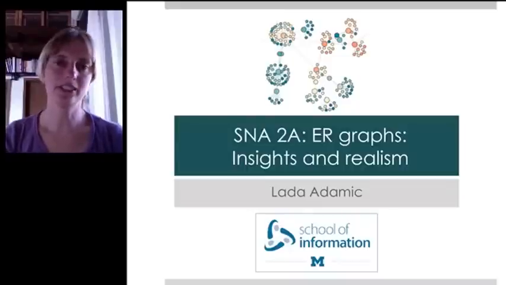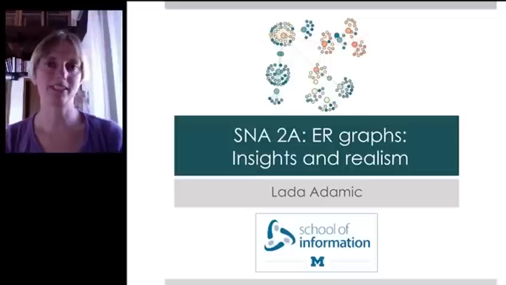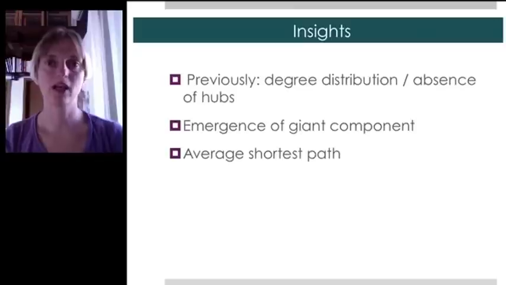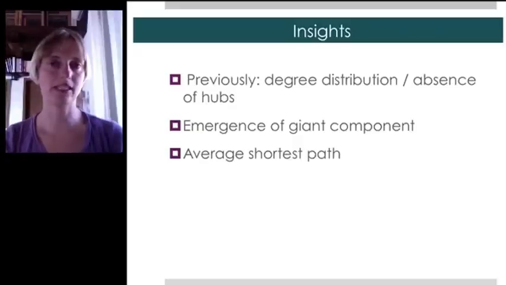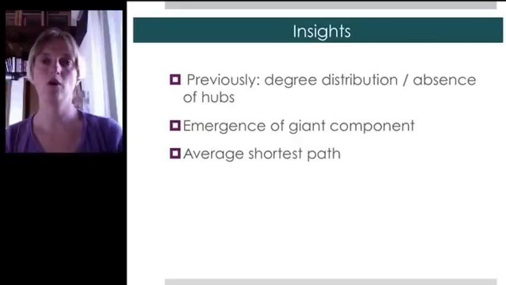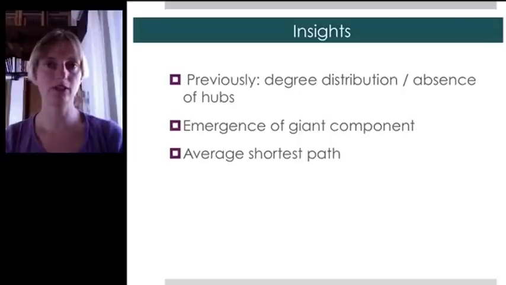Let's continue learning about how Erdős-Rényi models can be useful and also what some of their limitations are. Previously, we figured out the degree distribution, and we noted that for Erdős-Rényi random graphs, you don't really have hubs, that is, extremely well-connected nodes. What we'll talk about next is the emergence of the giant component in Erdős-Rényi graphs, and also what their average